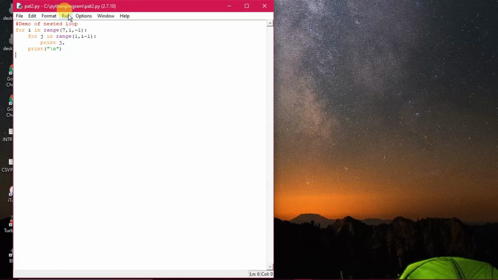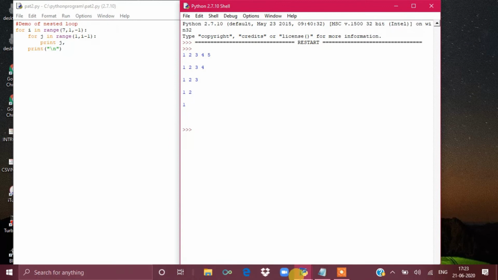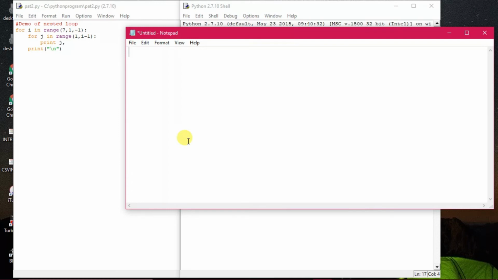Now let us execute the program once, then you will be able to understand it. See here what I am doing. Yes, so see the first line is 1 2 3 4 5. Again we are going back to the whiteboard, and you check out here when the value of i is 7, what will be the execution phase? For j in range, it will be evaluated this way: 1 comma 7 minus 1, that is 6. Then what values will be printed? 1 2 3 4 5. That is the purpose of the range function. From the initial value, it will print up to one less.